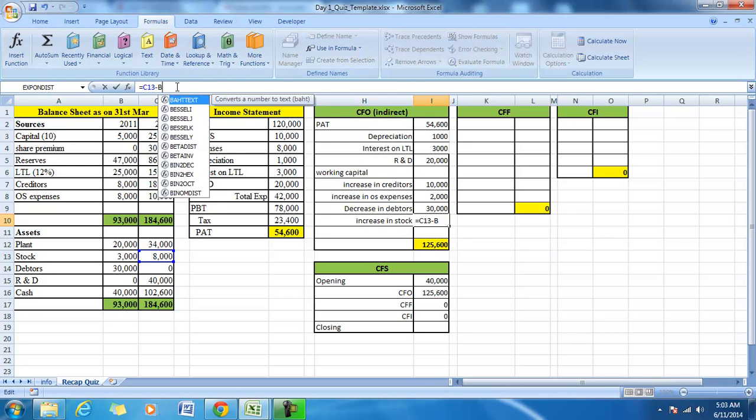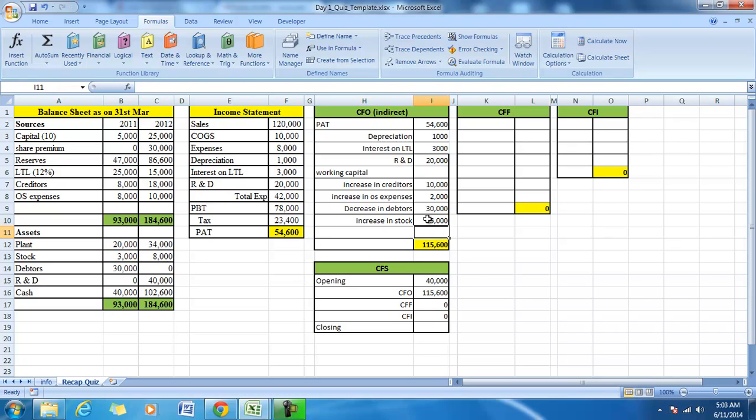Increase in stock means we purchased stock and did not use it in the period, so it is treated as an outflow of cash to that extent. So CFO for the period is equal to